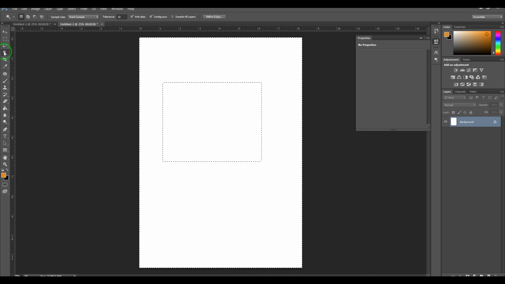The magic wand tool helps us to select an entire area. If we have a similarly colored area, then it will work better. Otherwise you can go for the quick selection tool. It's a more powerful tool which helps us to select an area just like using a brush. You can keep on adding an area or you can remove the selection area using the subtract options. That's all regarding the difference between the quick selection tool and magic wand tool. Thank you.